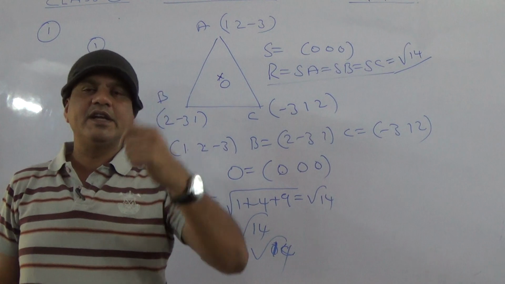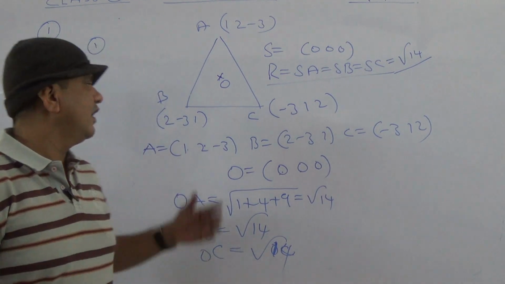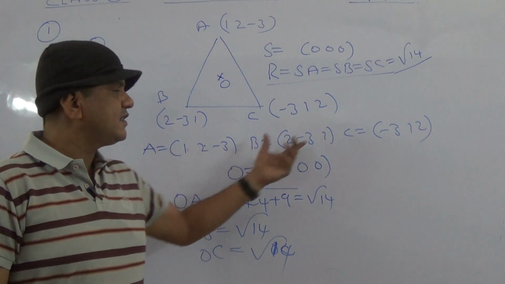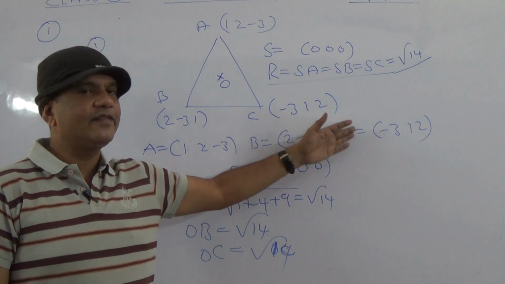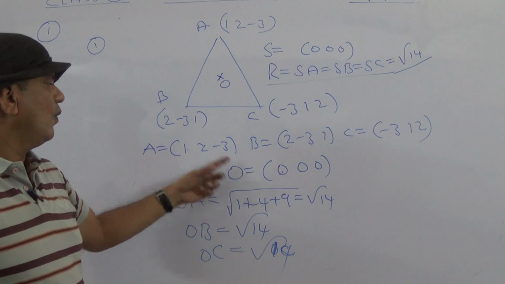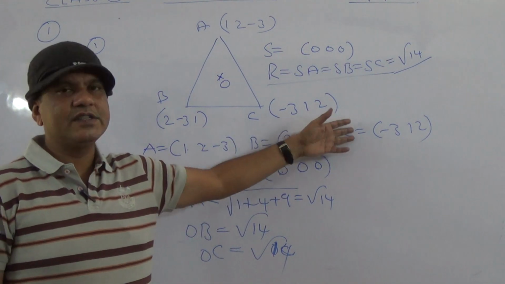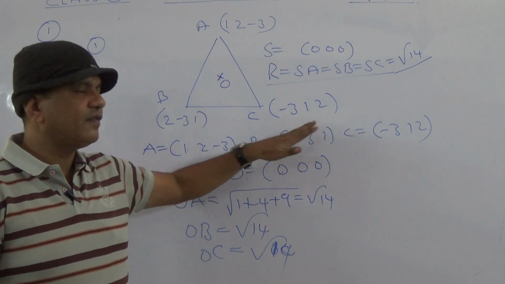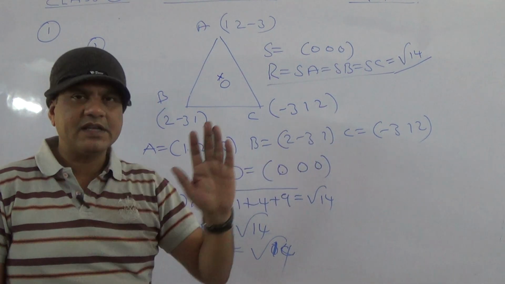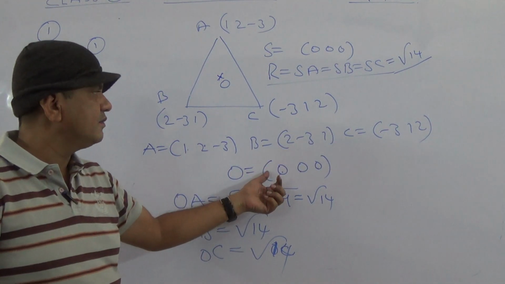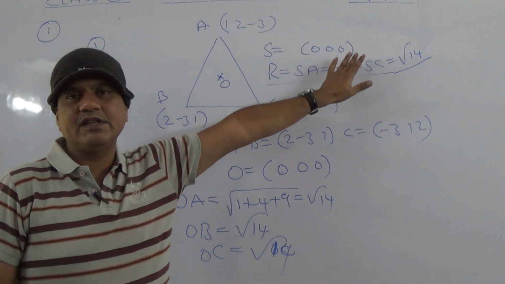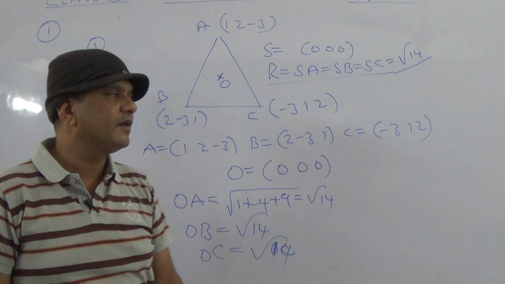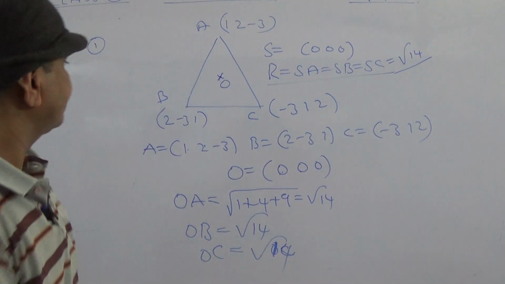To find the circumradius, we need to find the circumcenter. To find the circumcenter, first observe the vertices: the numbers are the same, the positions are different. In this case OA, OB, OC are the same. That means the origin is equidistant from the vertices, so the origin is called the circumcenter. Since the origin is the circumcenter, the circumradius is equal to the distance, root 14. Now another method is